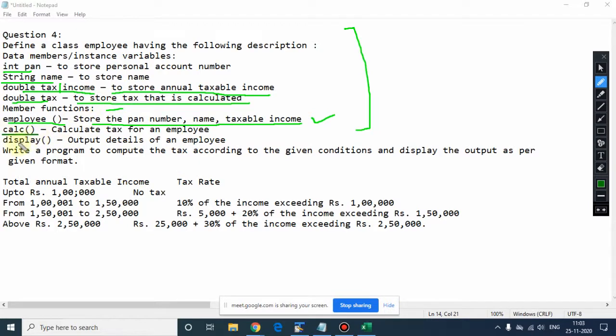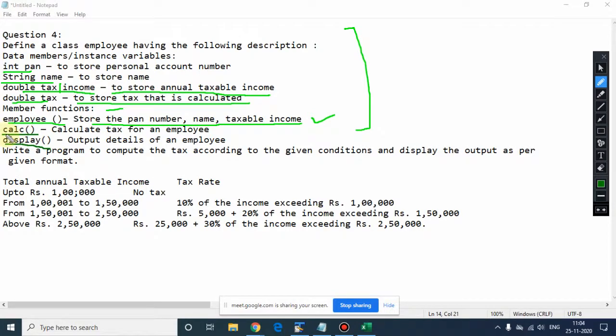Now calc and display. See here the return type is not mentioned. Sometimes you get the return type and sometimes you don't, in the exam or in the half yearly or any exam. In that case, as you know, the function has to have a return type, so you need to declare it to calculate tax for an employee, and if you don't, you are missing 1 mark for each function.